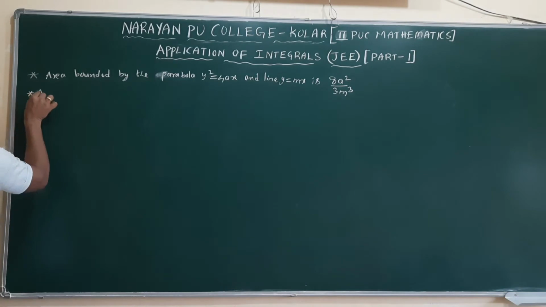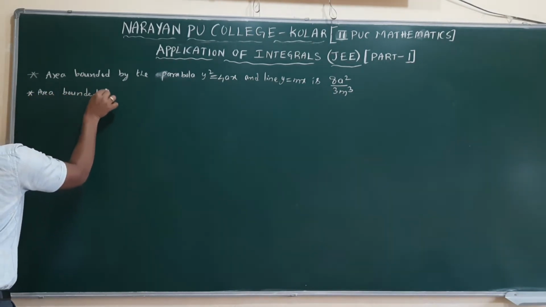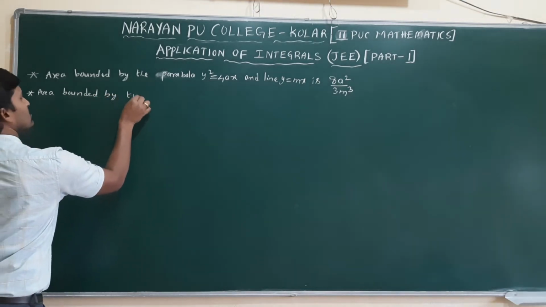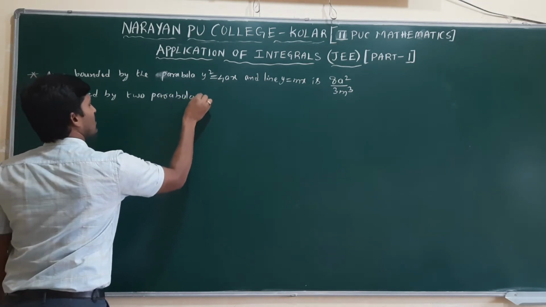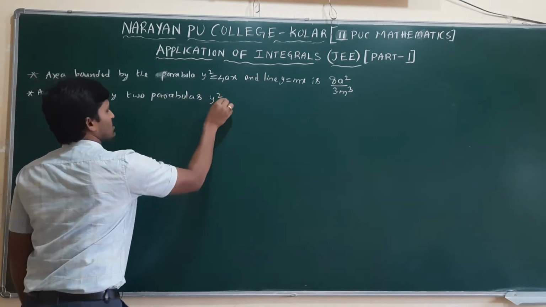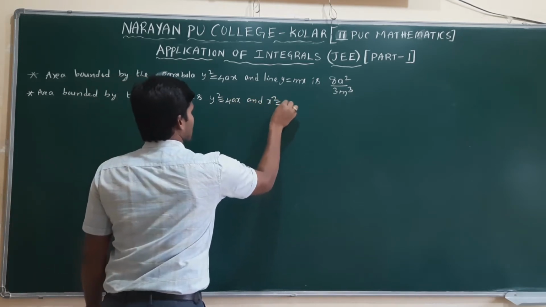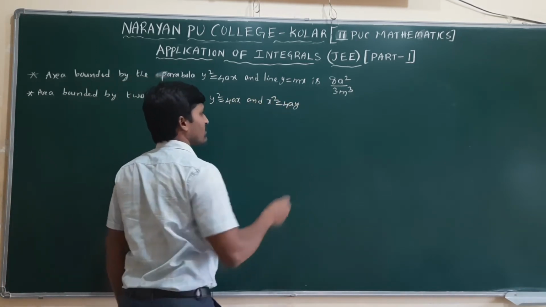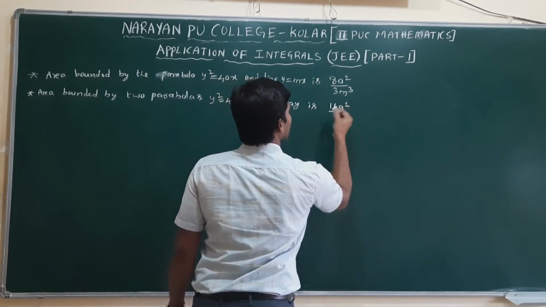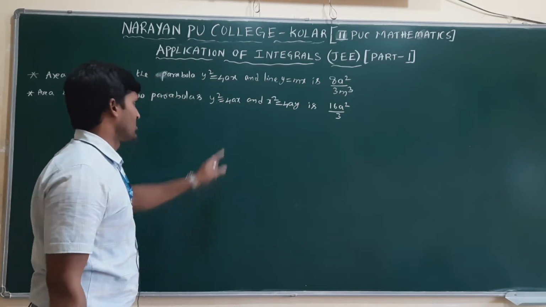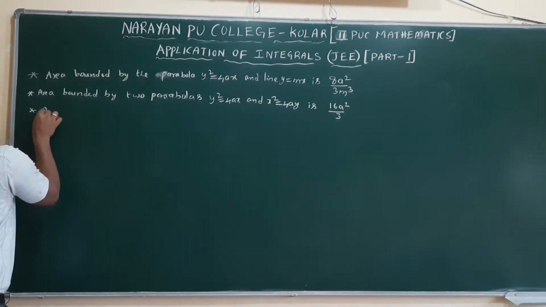Next, the area bounded by two parabolas y square equal to 4ax and x square equal to 4ay is 16a square by 3. When both a values are the same symbol. In case of the same area bounded by